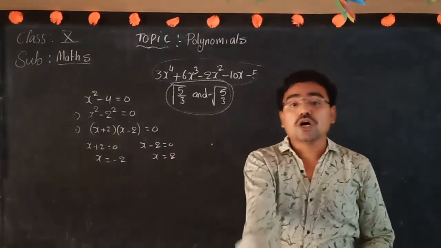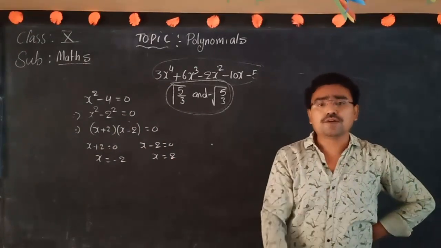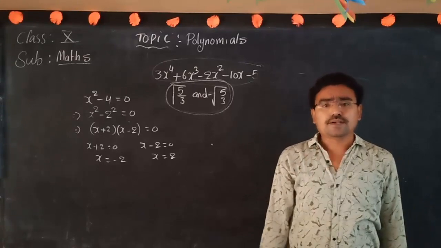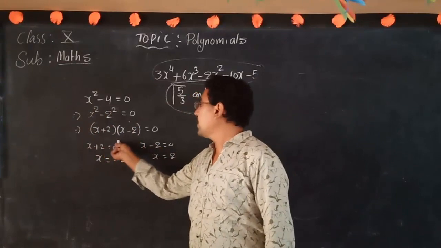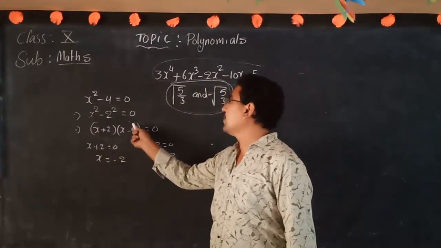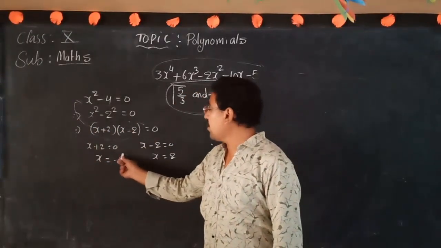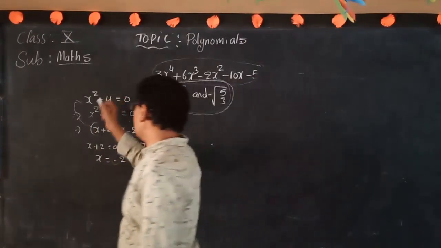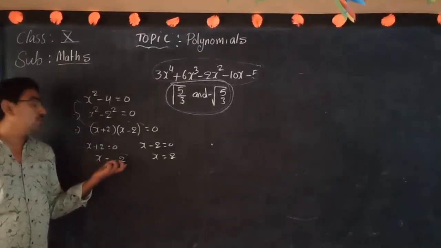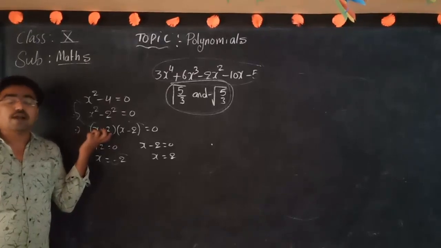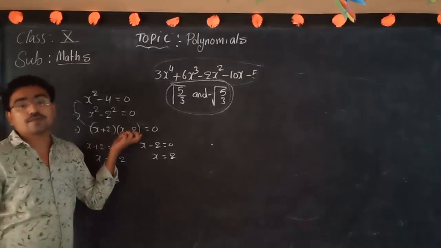So when we know the zeros, how will we get the factors? Already we know, before going to identify the zeros, first we should convert the given quadratic polynomial into factorization. What is the process? What are the factors here? x plus 2 and x minus 2 are the factors. But in the case of minus, we get the factors by assuming the reverse. Minus 2 is the zero means what is the factor? x plus 2 is the factor. 2 is the zero means x minus 2 is the factor. So this is the process for the factors.